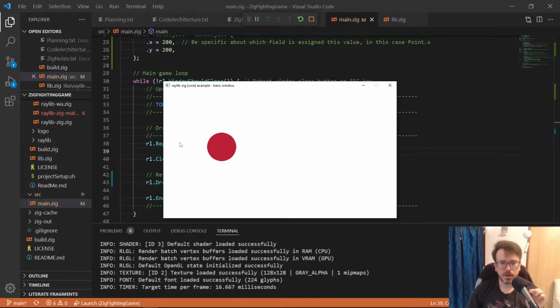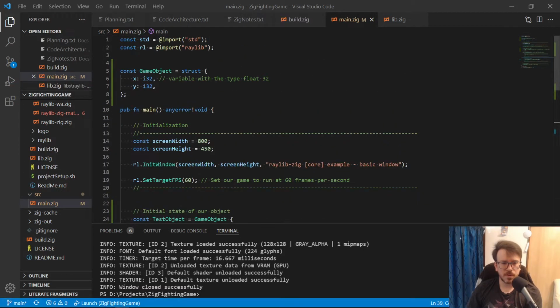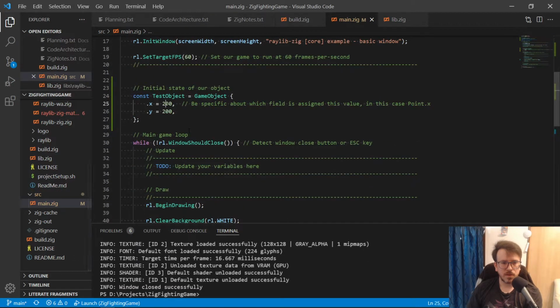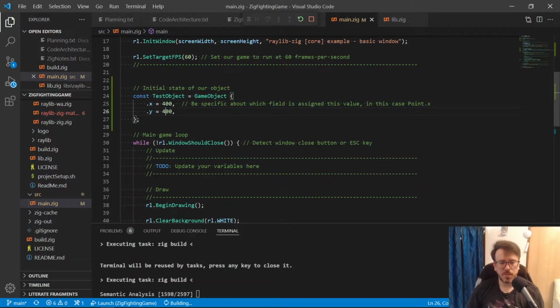Okay, let's just update the position to see if there is a change. It was up in the top left, and we'll see if it moves to the bottom right.